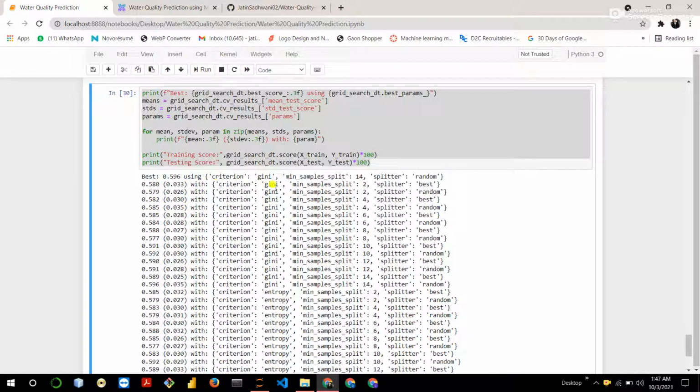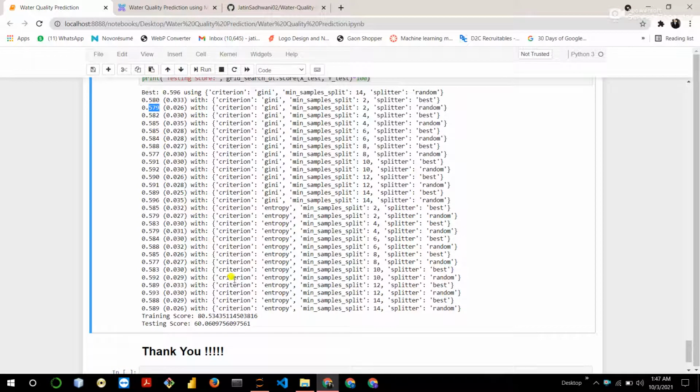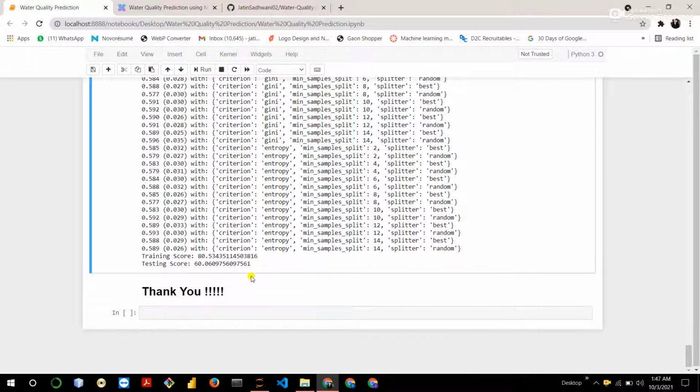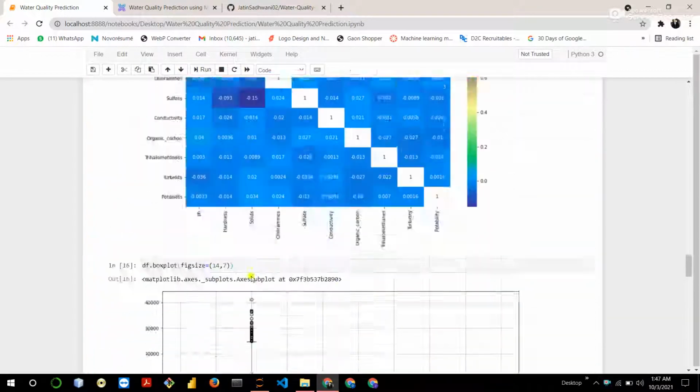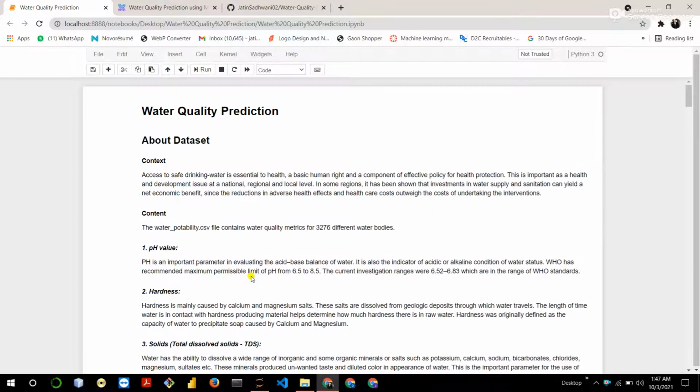Firstly it takes gini, minimum sample split is 0, and splitter is best, and it gives accuracy of 57%. Similarly for all the others. You can see the best training accuracy is 80%, and the testing accuracy is 60% after applying hyperparameter tuning. So finally this is a water quality prediction model using a machine learning technique.